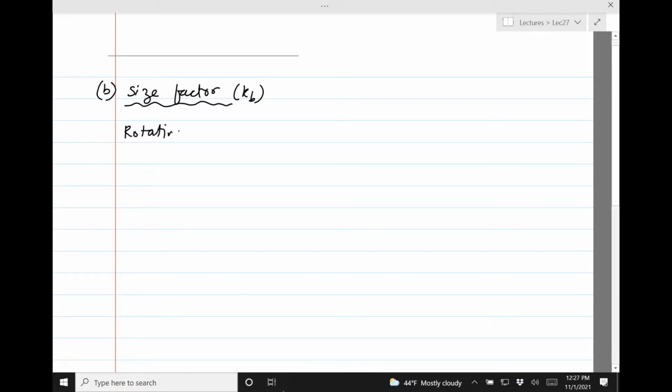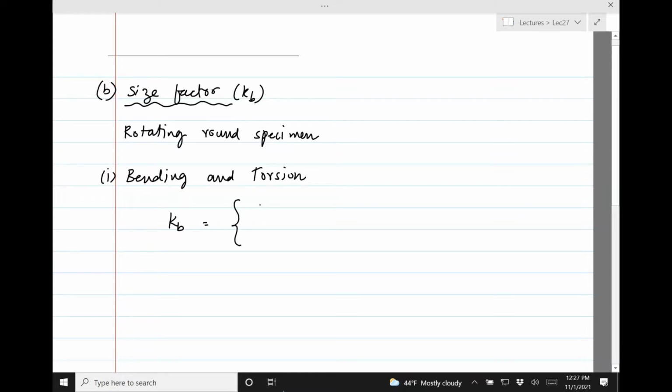So what I'm going to first present is the value for KB for a rotating round specimen, like the one I showed you previously. And there are two ways you can have this. One, you can have bending and torsion, and they would have the same KBs. So here is the KB. It's 879 d raised to